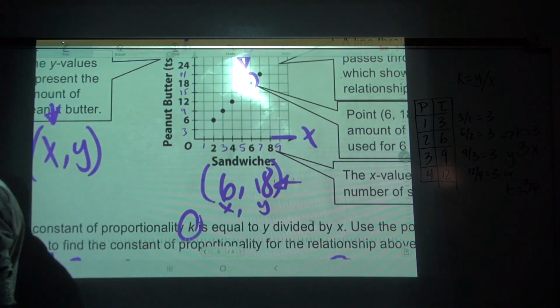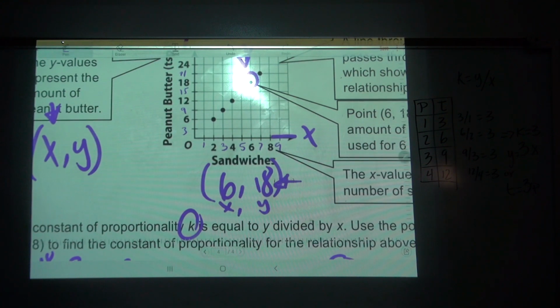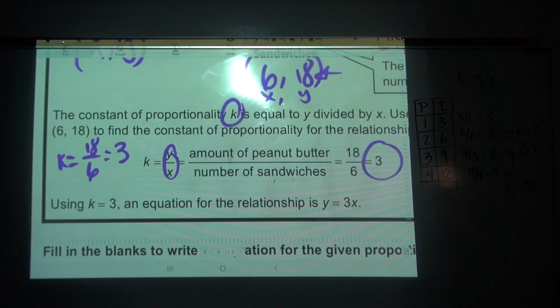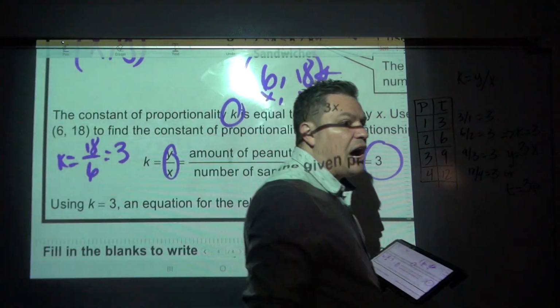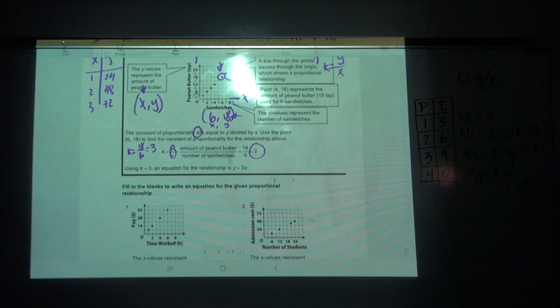You gotta pay attention to the scale factor because if you don't, it's gonna mess it up all the way down. So, if you put another dot right here, one sandwich has 3 tablespoons. And that's what we just found by doing this equation. It's the same thing as a table, but now we have a graph. Any questions so far? No. Now,